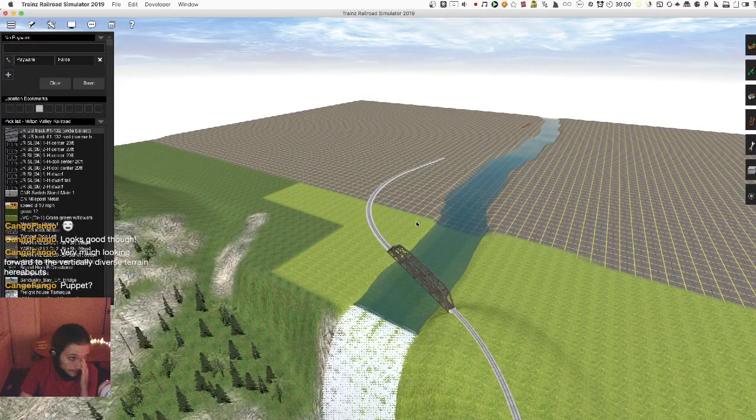Looking forward to the vertically diverse terrain hereabouts. Yeah, puppet. Yes, well,